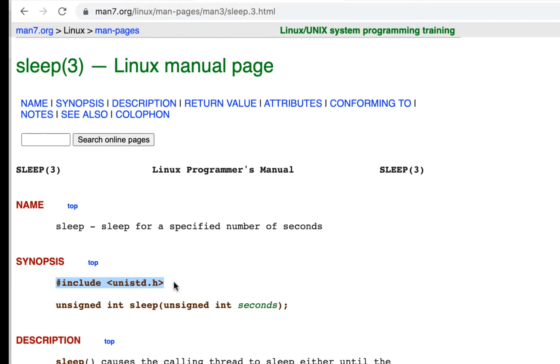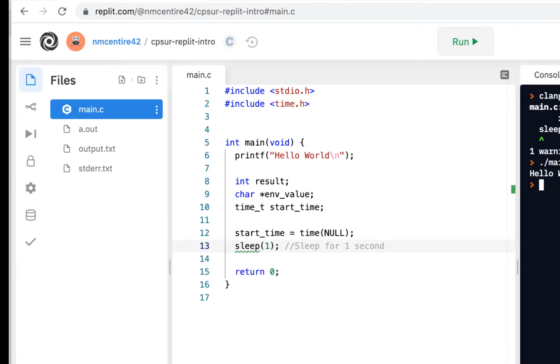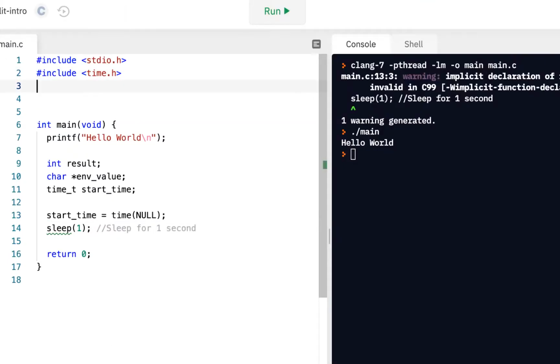So now, and of course we see the function, it's called sleep. We pass into it the number of seconds we want to sleep. It will return to us, I think it returns to us how many seconds we actually slept if you returned earlier. But what we'll do is say, so now we know, include